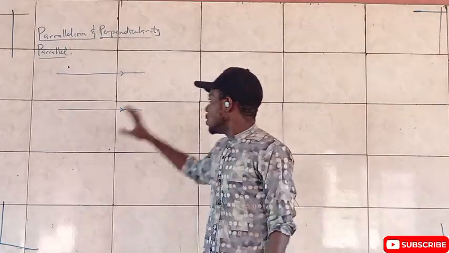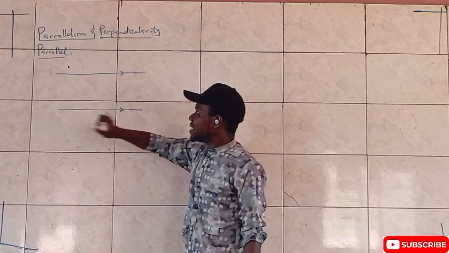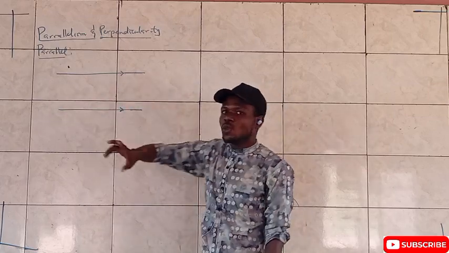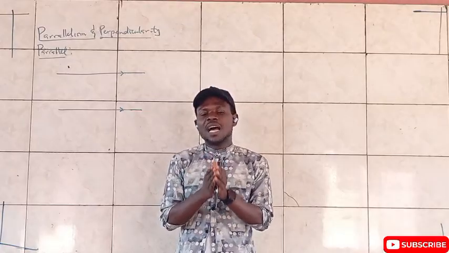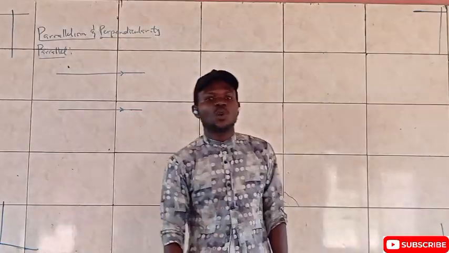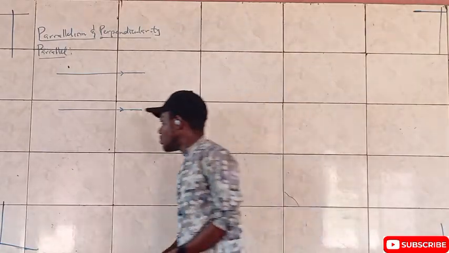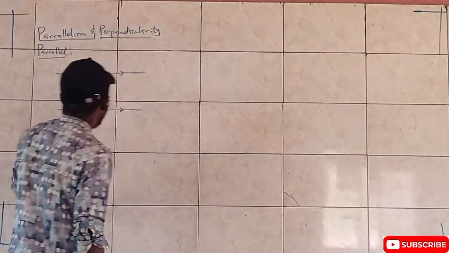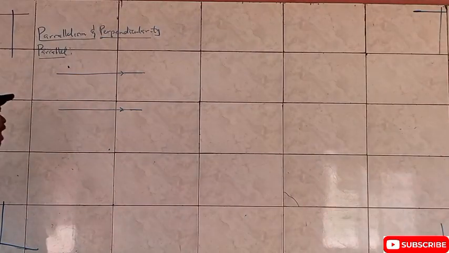In other words, these lines are called parallel lines because the distance from here to here is equal to the distance from here to here. So there's no chance at all that both of those lines are going to clash or meet at any point in time. Such lines are referred to as what? Parallel lines. Like I said, the angle between parallel lines is what? 0 degrees.